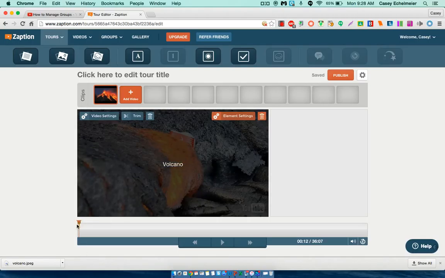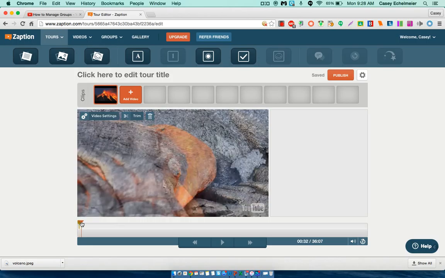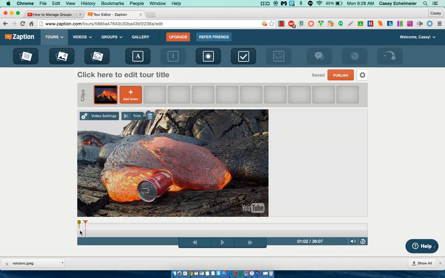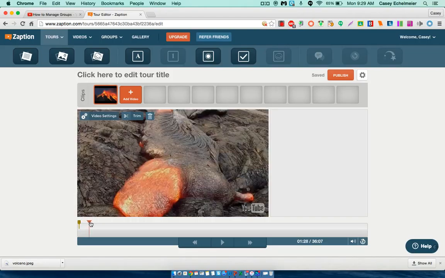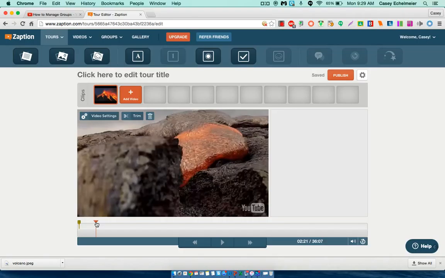Now what I'm going to do is I'm just going to take my question, and as you can see where I added that title slide, now you have a little marker in your scroll bar that shows that right there is a text slide. Okay, so that is a very good way for you to monitor where your different questions are. So say that I want to add a question. I would just watch the video, or I'd scroll through the video, and where I want to import my question,